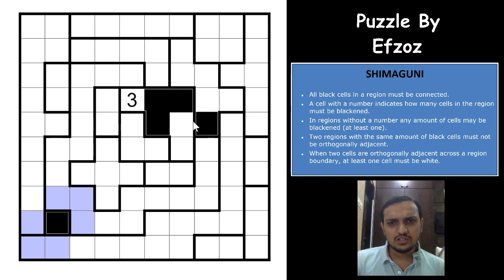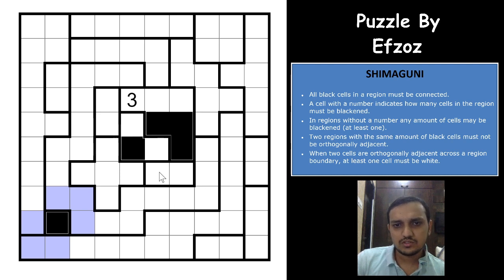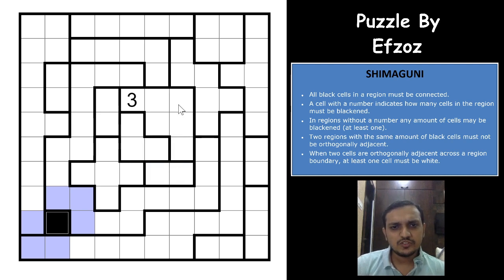Let's see if I get anything with the 3 here. Any common cell in the 3? So it can be this, either 3 is this or this. So there are no common cells here, I think. It can be any 3 cells, right? So it cannot be these 3 cells, because then this and this will be shaded here. It cannot be these 3 cells as well. It can be these 3, right? There should be something very different breaking here than the earlier puzzle, I think. So let us see if we get anything here.